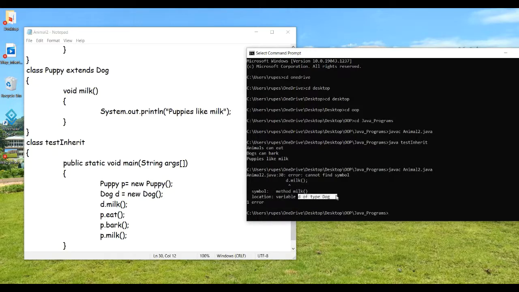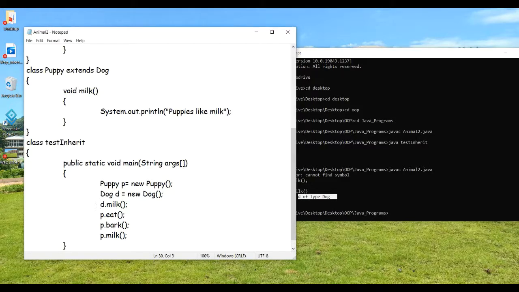Since d is of type dog, it can access the methods which are present in animal, but it cannot access the methods which are there in puppy, so we cannot do this. However, using an object of the child class, we can access all of the parent class methods.